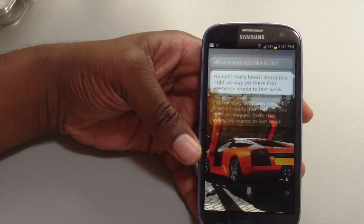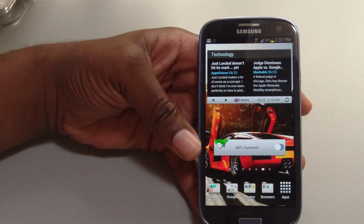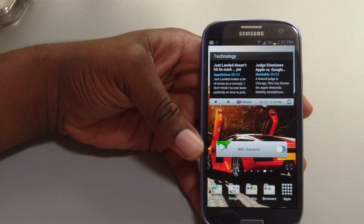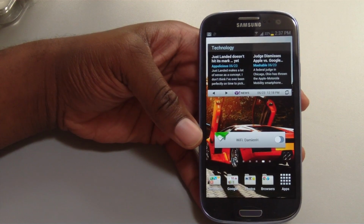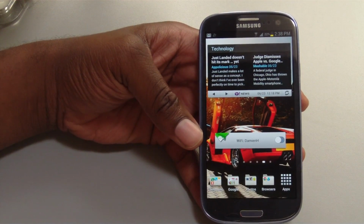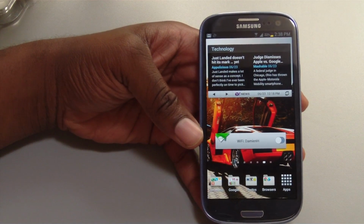Exactly. This thing, S Voice, is more an annoyance to me than anything else. We've all been used to the voice dictation and everything with Android. We've been having that since, wow, years ago, guys. So I personally think it was fine the way it was. This S Voice app,